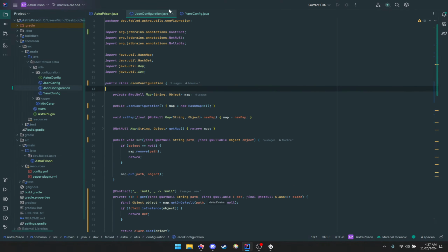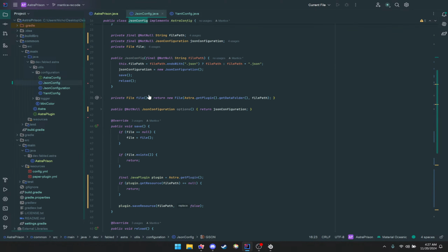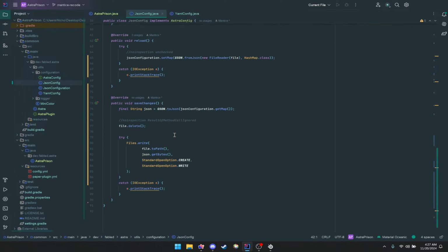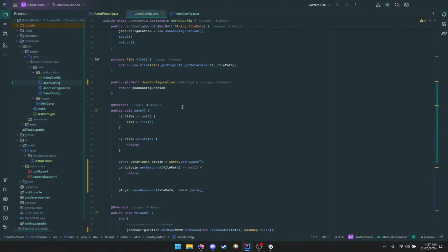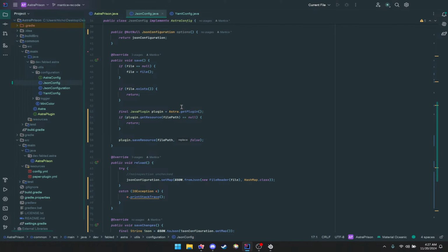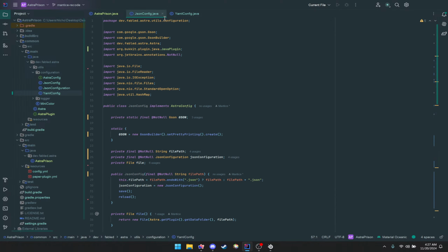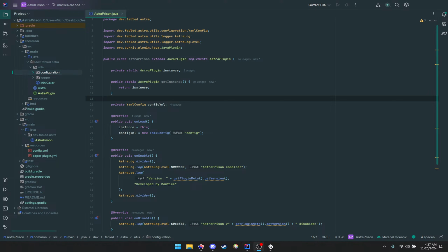So we made our own, just so that we can use JSON the same way we use the YAML, for uniformity, to make it more simplistic. And then our JSON config class, which does the same as the YAML config class, except for JSON. And there we go. That is everything we have done in today's stream,